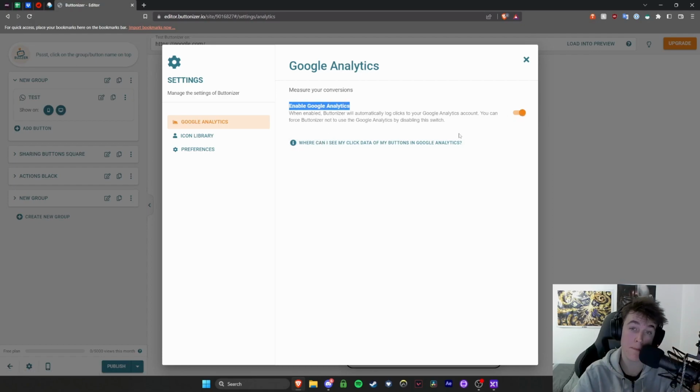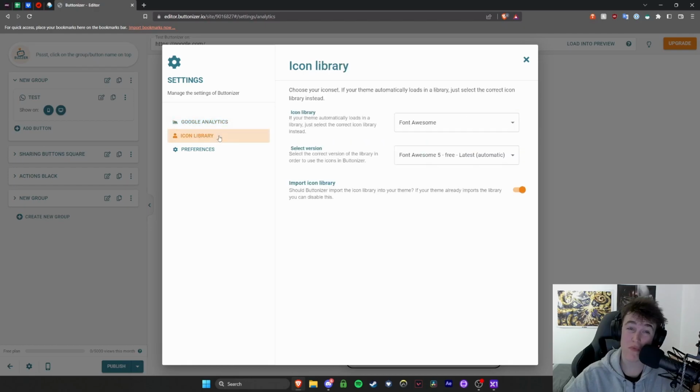So by switching this on, as you can see, it will automatically log clicks to your Google Analytics account, but you can force it not to do it if you don't want to by just toggling this off. But once you've integrated it with your Google account, it will instantly send everything that you need across to that site, which is a really, really useful thing, because it means that, as you know, this